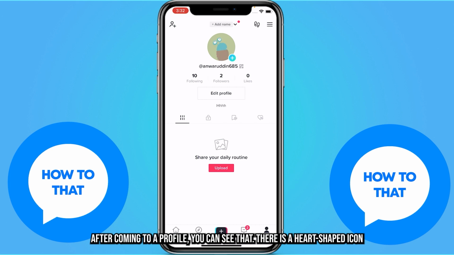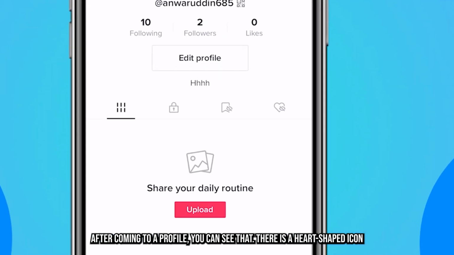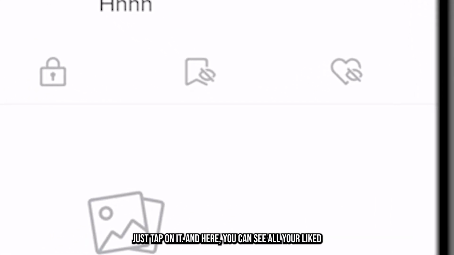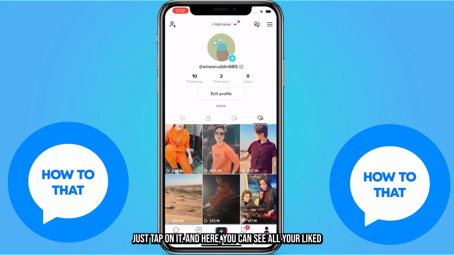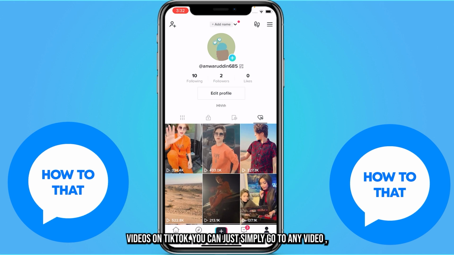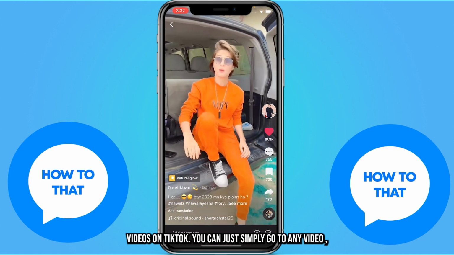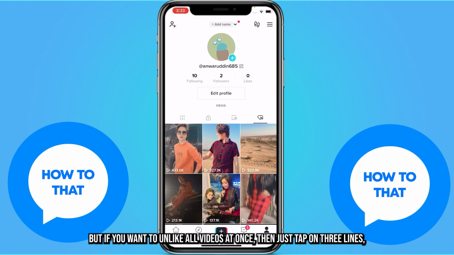After coming to your profile, you can see that there is a heart shaped icon. Just tap on it and here you can see all your liked videos on TikTok. You can just simply go to any video and unlike it. But if you want to unlike all videos at once, then just tap on three lines which you can see